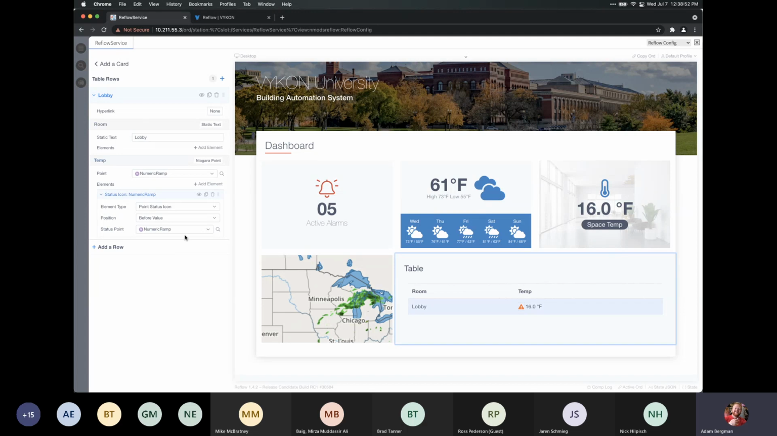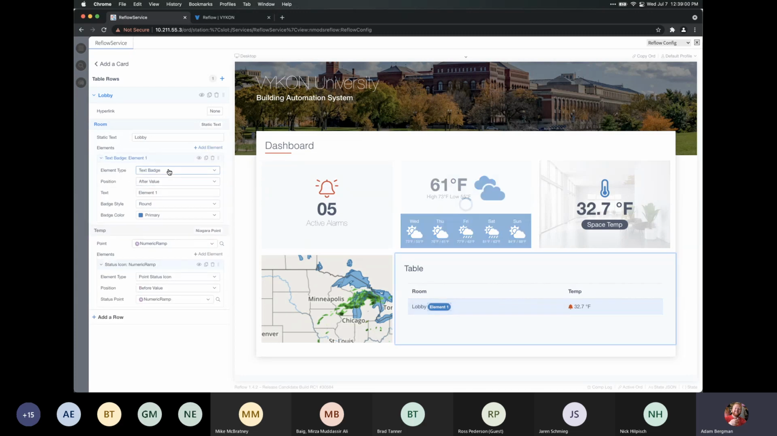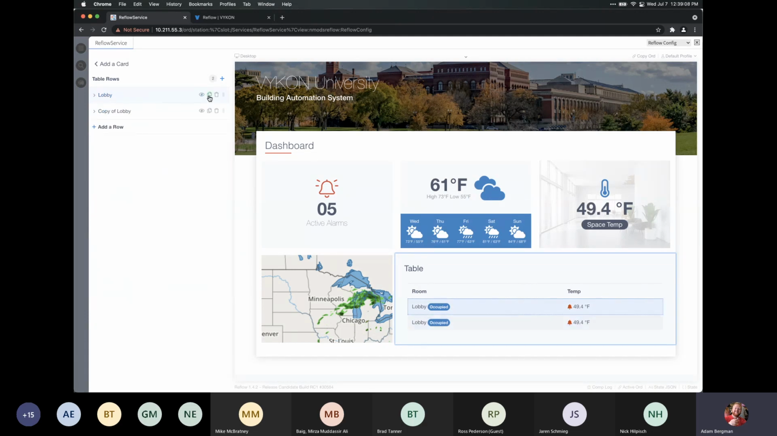And I can also link in other points and things like that. So if I had occupancy status, I could display that in a badge. Maybe we want to do that next to the room. I don't have a point set up for that, but you sort of get the idea here, just by typing that in. So really easy to build, and I'll just duplicate this a couple times so you can sort of see how